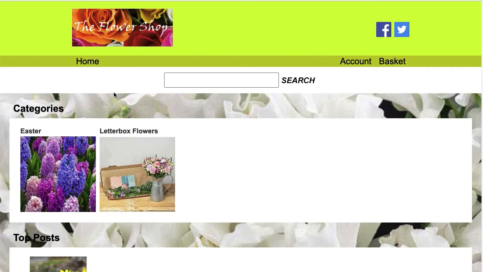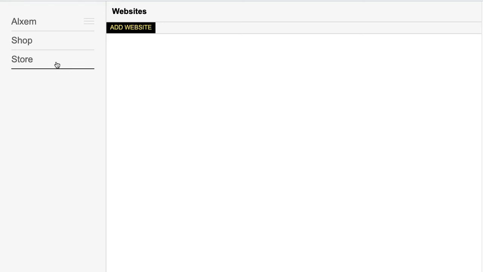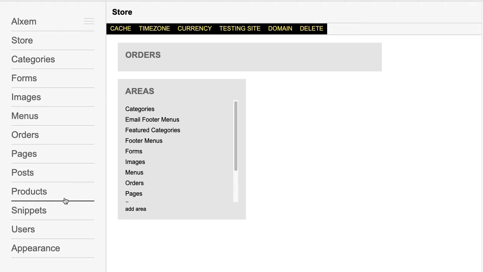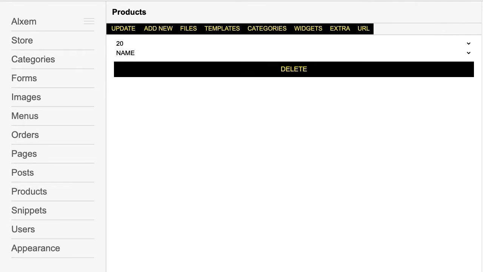How to add products to your website. First we're going to create a simple product, then we're going to add a product with multiple variations. So go to your website, and go to products, add new,